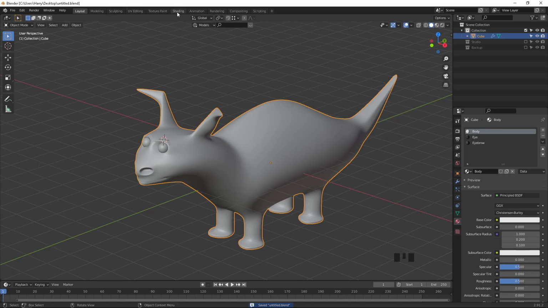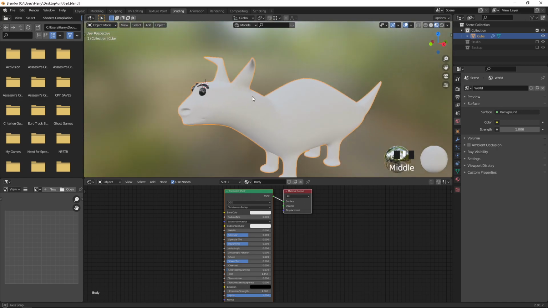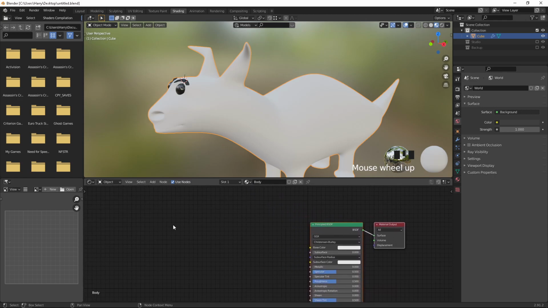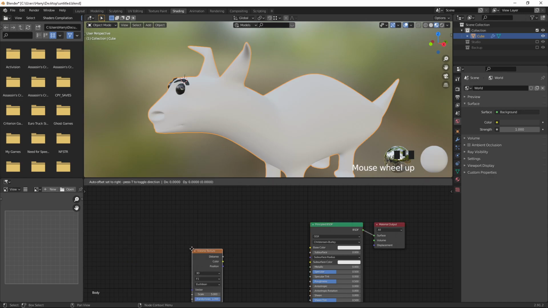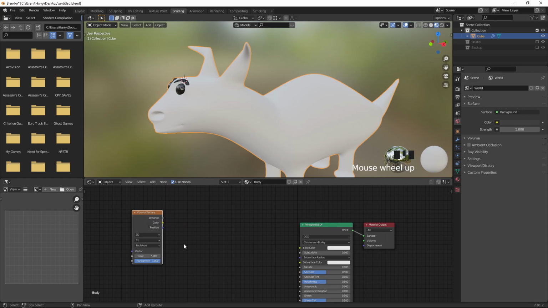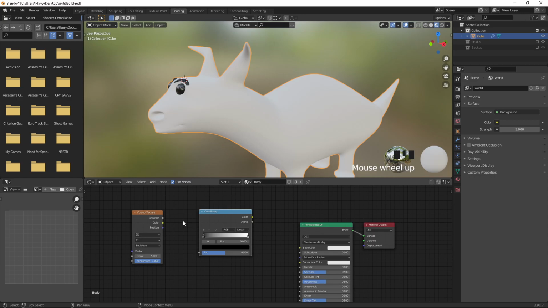Now go to the shading option. Now our creature is here. I'm going to give multiple colors to this using node texturing. Right click here, Shift A, go to the texture, go to the Voronoi texture and select this one here. Then right click, Shift A and search for the color ramp. You can select the color ramp. Here we are going to give different types of designs for the color ramp.